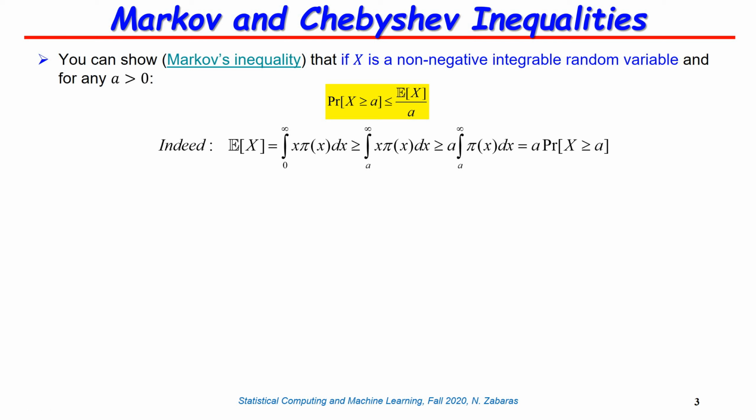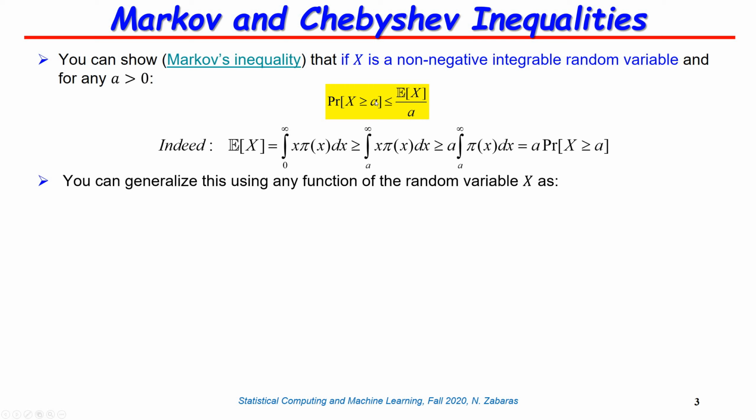I'm going to try to demonstrate various forms of this inequality so you can get some sense of potentially how it can be used and what exactly it means. All right, so the inequality as written for a random variable x that is non-negative can also be applied for any function of the random variable x that satisfies the same constraints.